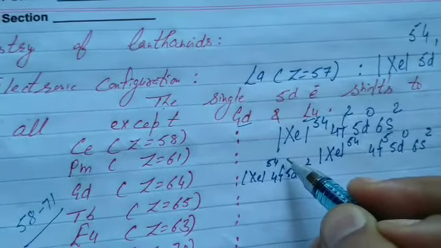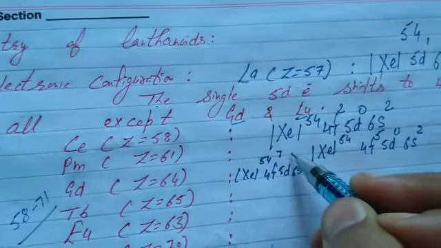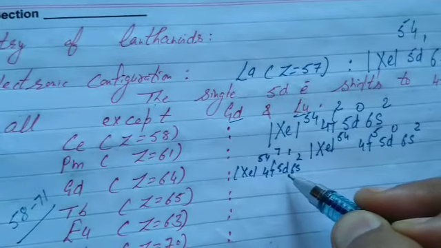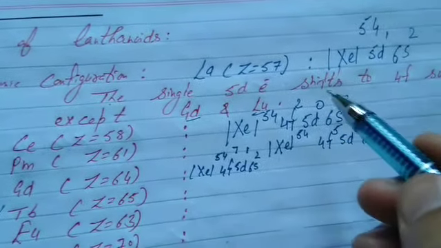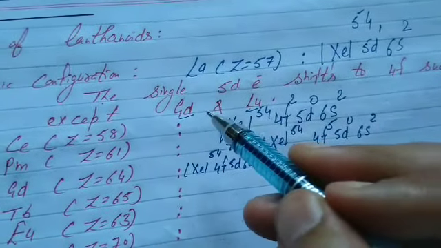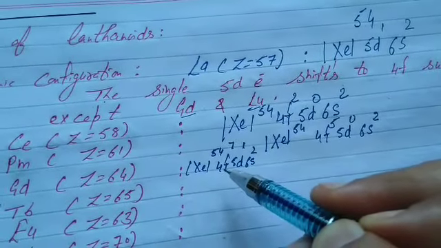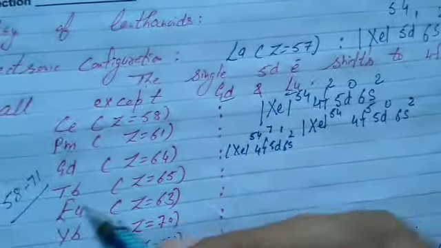Students, F is the set of 7 orbitals. So we give it symmetry. Its d subshell remains as such. It contains 1 electron. So I mentioned to you the 5d electron shifts to 4f in all except gadolinium, because F is the set of 7 orbitals. Now it is symmetry.